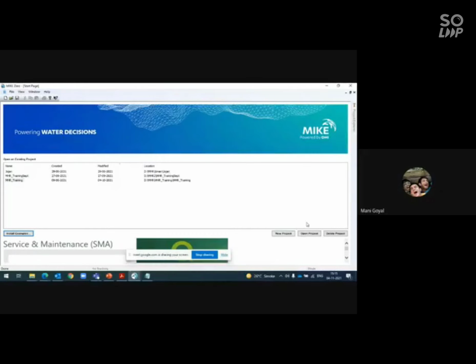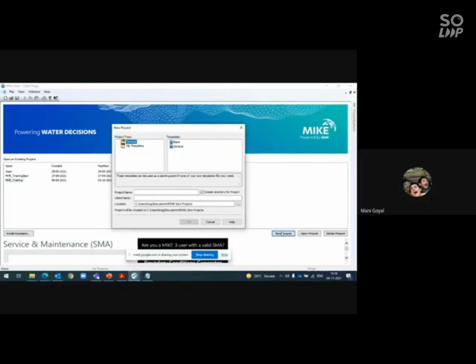On the right side, you can see there are 3 tabs: new project, open project, and delete project. You can simply create a new model, but if you create a project itself, it will automatically create a directory. This is the way of creating a model, and it will give you the directory. In that there will be subfolders of external data, model, results, presentation, and reports. So if I say new project and I want to create a directory for my project, there is an option of create directory for a project. Once you put the project name, client name, and give the path, it will give you the directory.